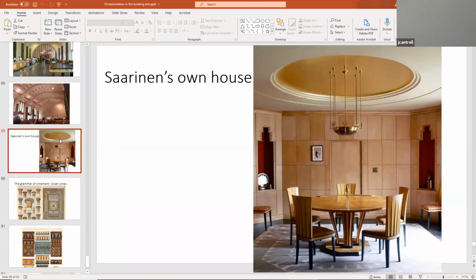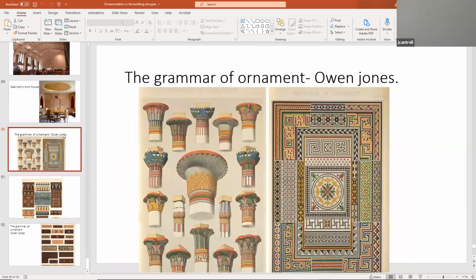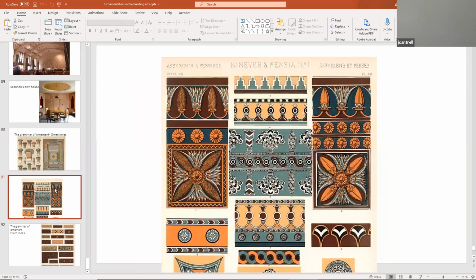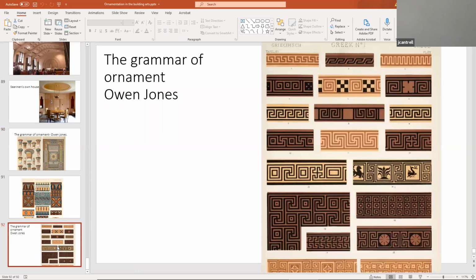And of course, here is a detail of one of his own houses he did. Very simple, elegant details. If you want to see an extraordinary book on the architectural grammar of ornament, Owen Jones has pretty much drawn most of classical antiquity, the ancient Egyptian capitals, classical architecture motifs, and plant-like forms in his book called The Grammar of Ornament. There are beautiful plates and engravings in each one of these. Again, we can see the Greek key design, which is adorned and celebrated in his pamphlet of architectural ornament,